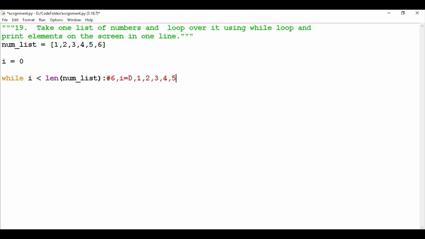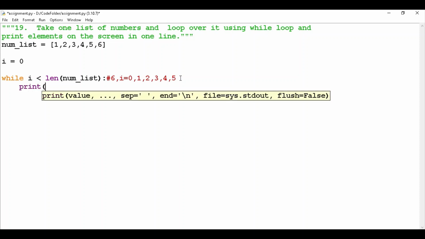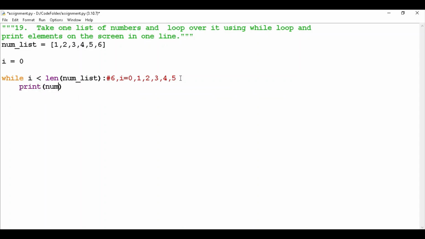As we are getting 0, 1, 2, 3, 4, 5, these are the indexes of the list elements. Using these indexes and this I variable we can easily access the elements of the list. So I will print num list I on the console. And what is the next condition? In one line, so I should take end is equal to space. Instead of a new line I want end as space. So if I run this,